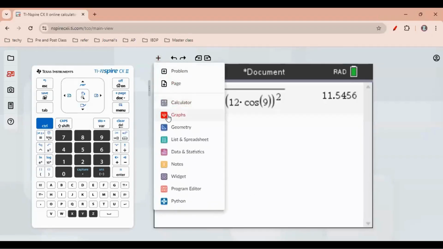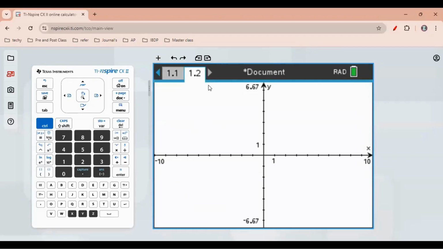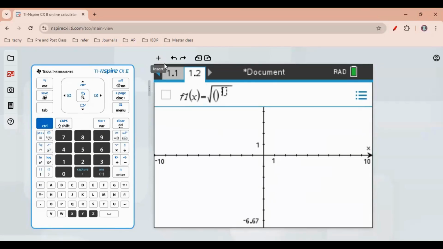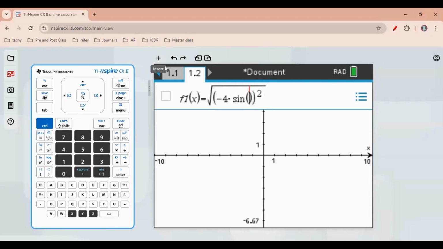Okay, so let's go with graph. Graph entry, we are going to give a function. This function is the square root of, there are two squares involved. So first is minus 4 times sine 4x. Here we are using x in place of t, we need to change it that way. Hope you can follow it. Then 3 times cos 3x, the whole square. Then plus,